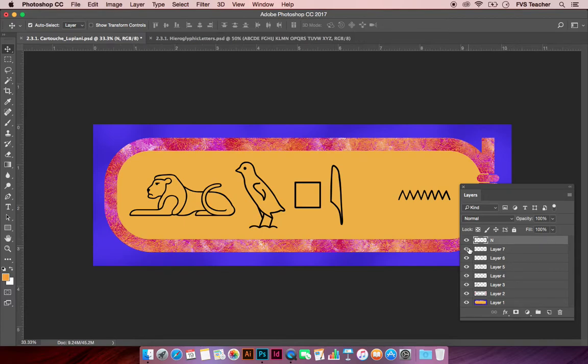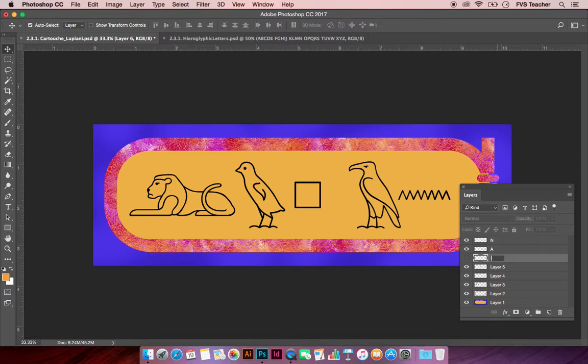This one here, which would be the A. Make that A and hit enter. So I could go in and actually change all of these. But since I only need one more, and again, the I is here, I'm just going to do this one so I know which one it is. I. So I'm going to take this layer here, and all I'm going to do is select it,